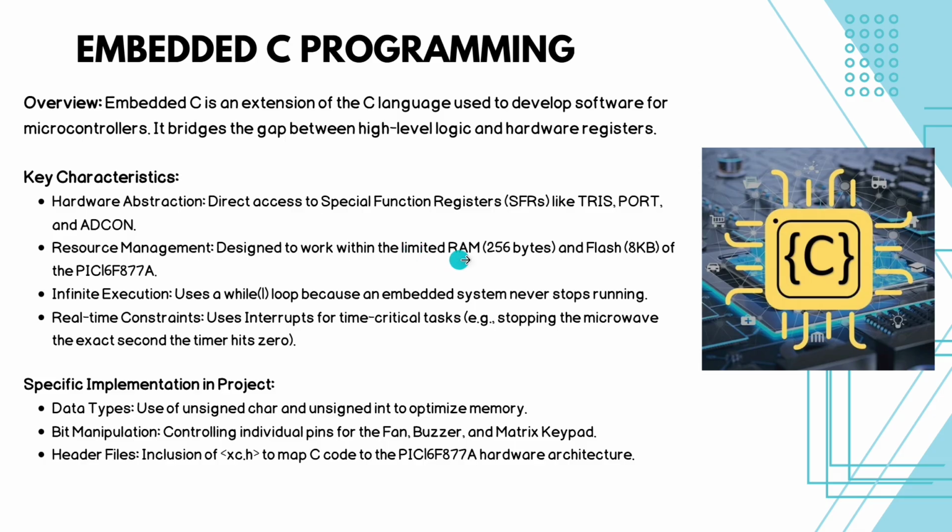Resource management: the PIC microcontroller has 256 bytes of RAM and 8 KB of flash. A very important part of the key characteristics of C programming is infinite execution. Using a while loop on this embedded system, it never stops running the function while doing the specific task. The real-time constraints are user interrupts while doing a critical task,